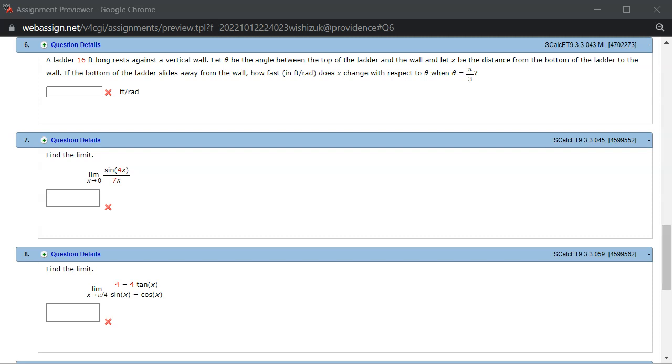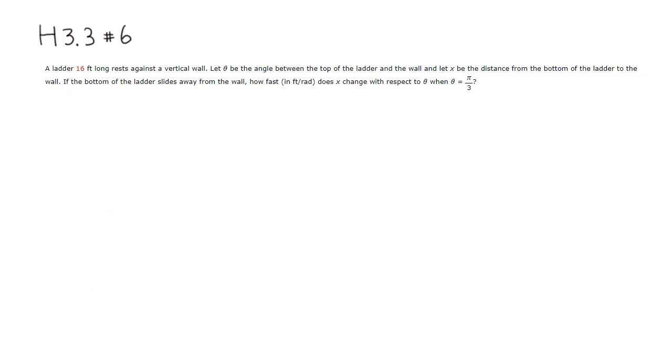All right, let's look at homework 3.3, problem number 6. It says that a ladder 16 feet long rests against a vertical wall. So we have a vertical wall and the ladder is resting like that, and this is 16 feet